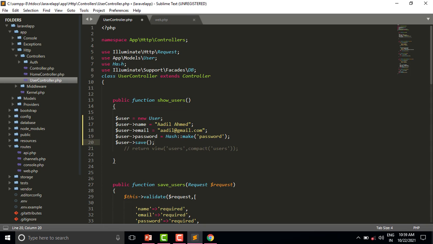So let us import the Hash. Hash is already imported, you can see.